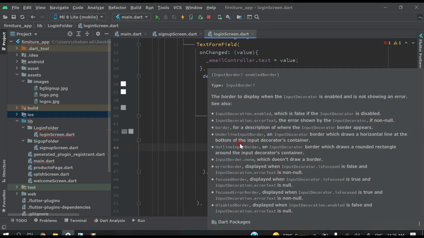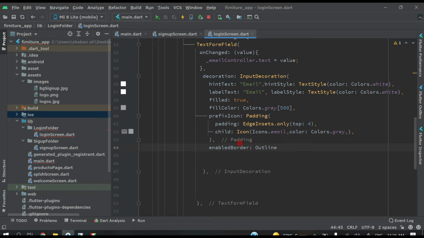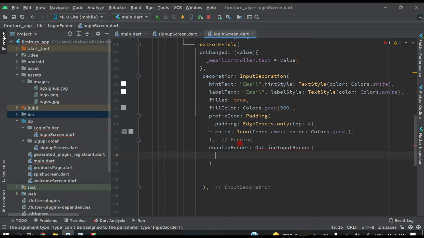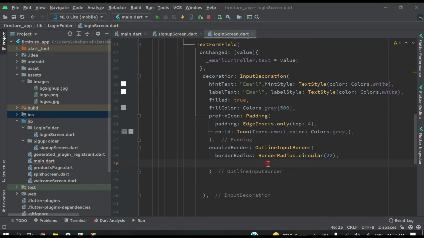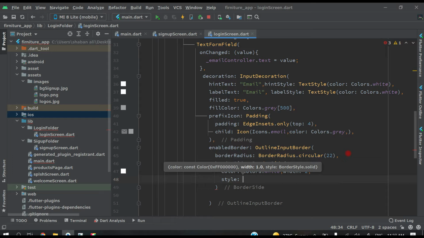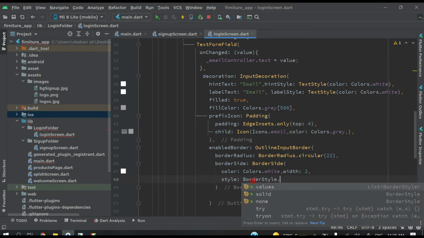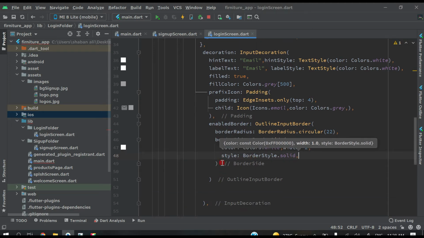So enable border, outline input border, and the border radius, dot circular, and let's give 22, comma, then after this, here let's write border side, colors will be white, and width will be 2, and then style, border style,